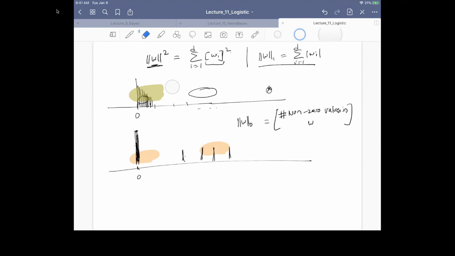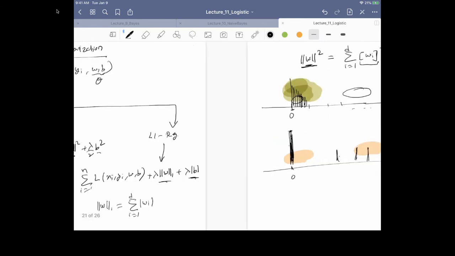Okay, so maybe L1 will do something like this, right? That's the reason why L1 will try to concentrate a lot of points close to 0. And essentially L2 would not mind spreading this out over a distance. L2 does not necessarily get the points exactly to 0, right? But it will not be exactly 0, but still will be close to 0. So you will not have these outlier points in L2. So that's the main difference between L1 and L2. Okay.